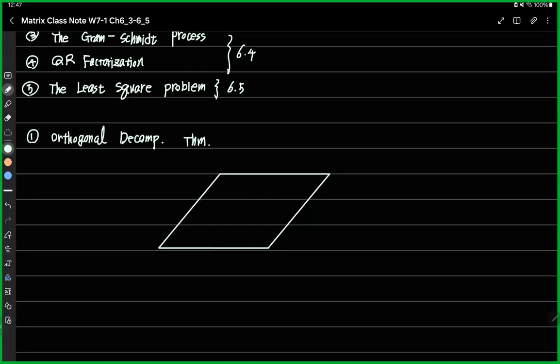Here, let's say this is the subspace W, and let's say this is the y hat. Okay, and then this is a vector, that's a vector y. Okay, then we know that the component of the y on the subspace W is this,